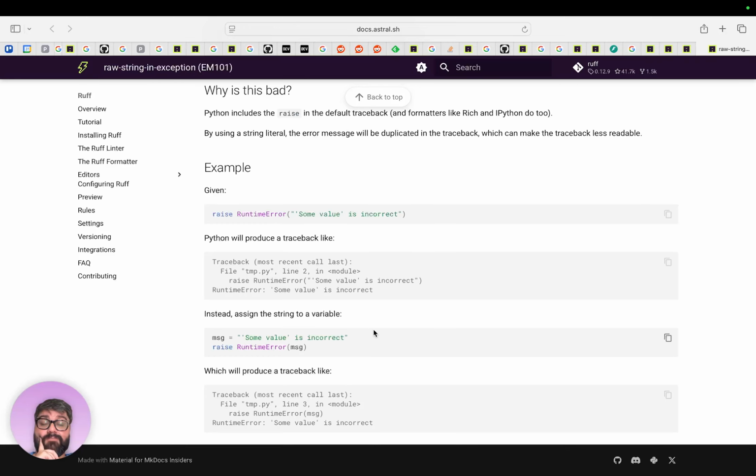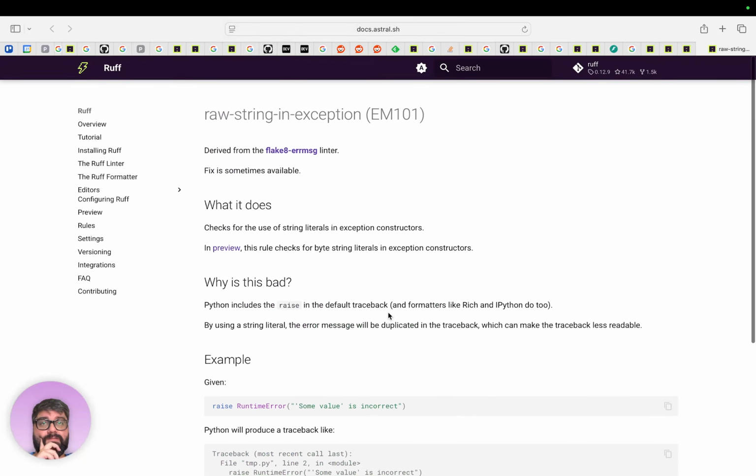This is why I like Ruff, man. I may not agree with all of it, and that's why I'm fine-tuning it. It's weird. It's even more opinionated than Black, because it's not just doing Black, it's doing Black plus millions of other types of linting that are coming from different places.